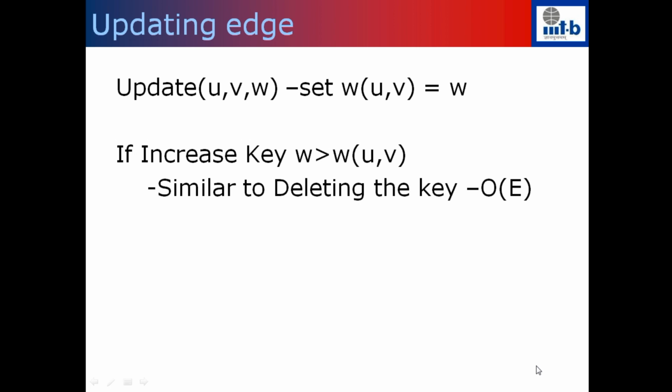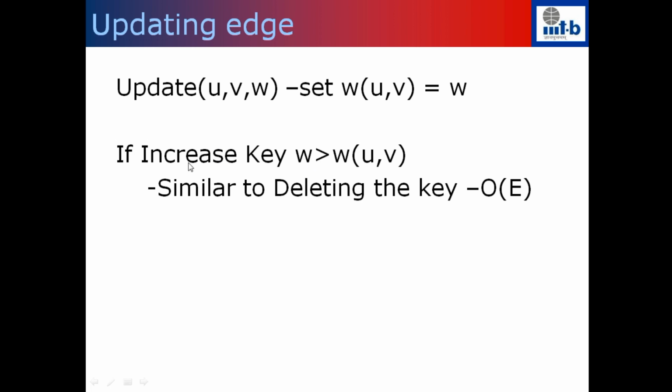You have a graph G, you have found the MST, the minimum spanning tree of the graph. So when I say MST now, I refer to minimum spanning tree. Now the present weight of the edge (u, v) is w(u, v), but you want to set that weight to the new weight, which is w.